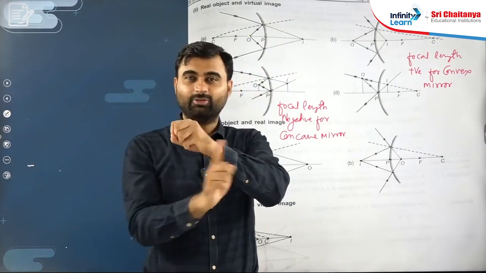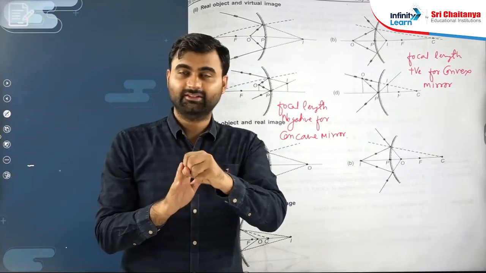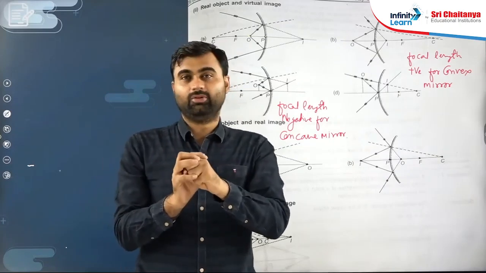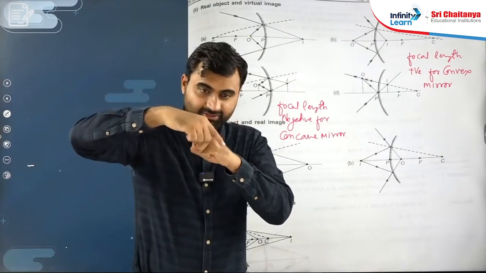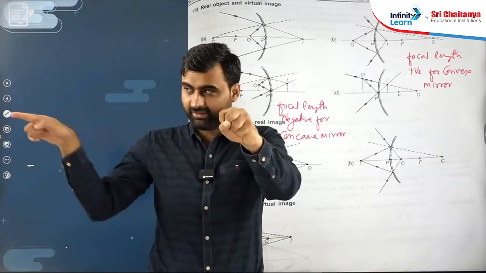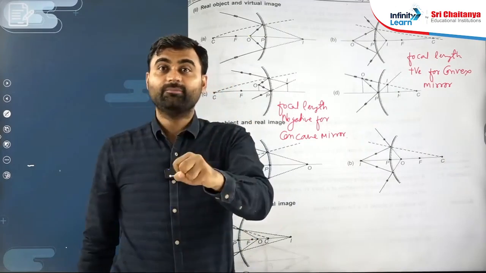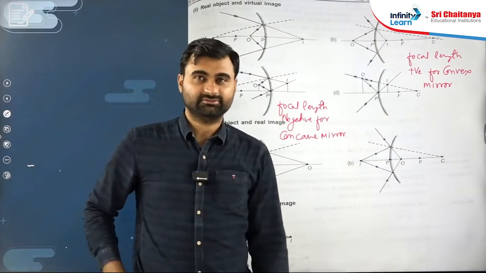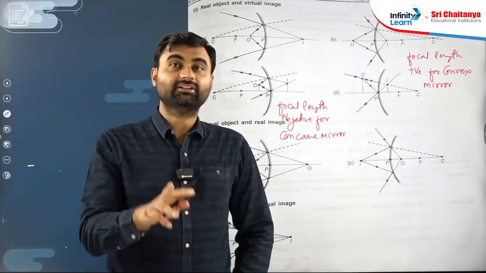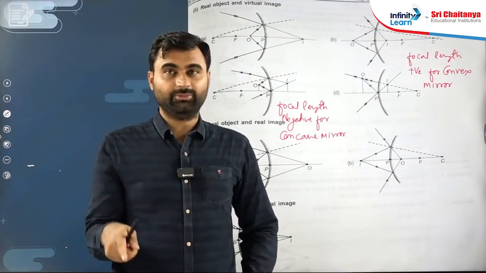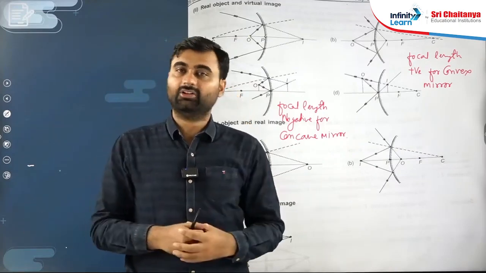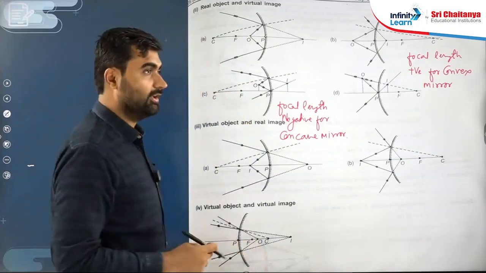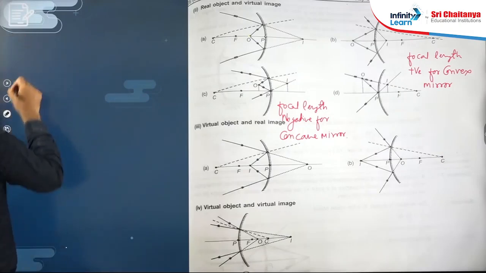In all directions this object is reflecting the rays. Real object means what? That rays diverge from the real object. Is it clear? Rays diverge from the real object. Those rays incident at our eyes, that's why we can see that object. So the real object definition is: